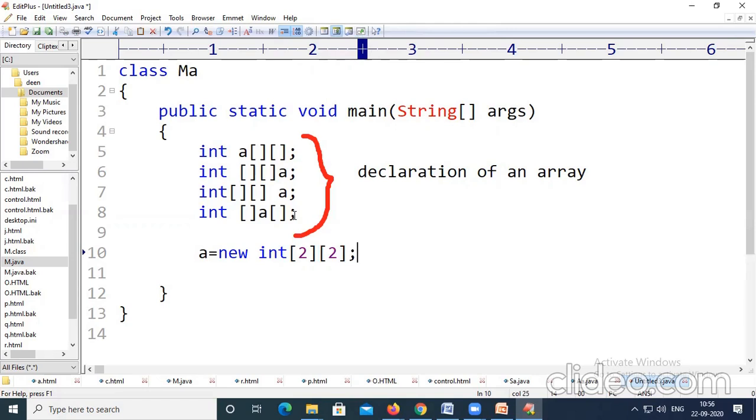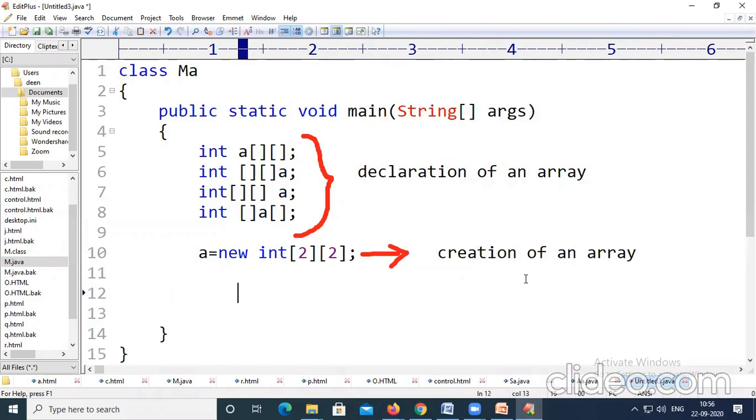It is very lengthy, so let us start with 2 by 2. It will store 2 into 2, 4 values, inside this particular array. This part is called the creation of an array.